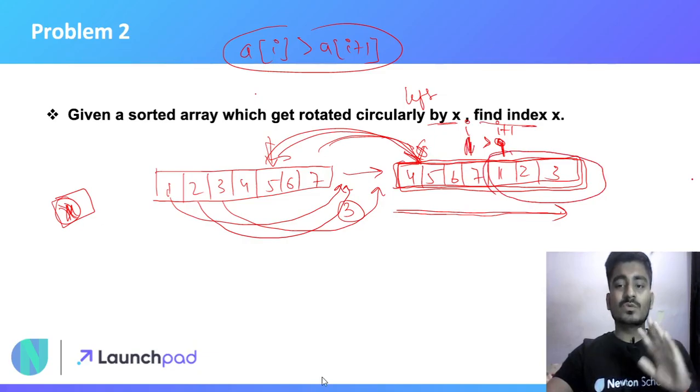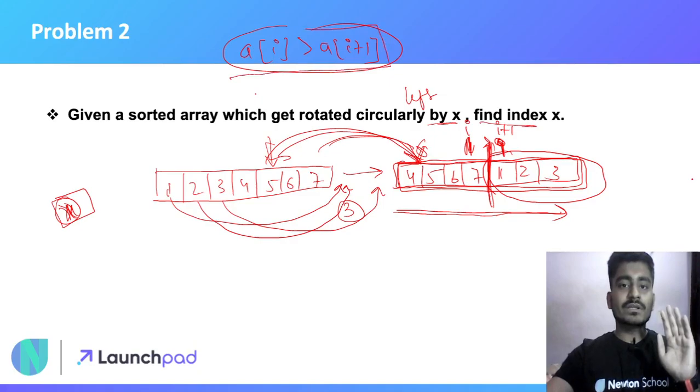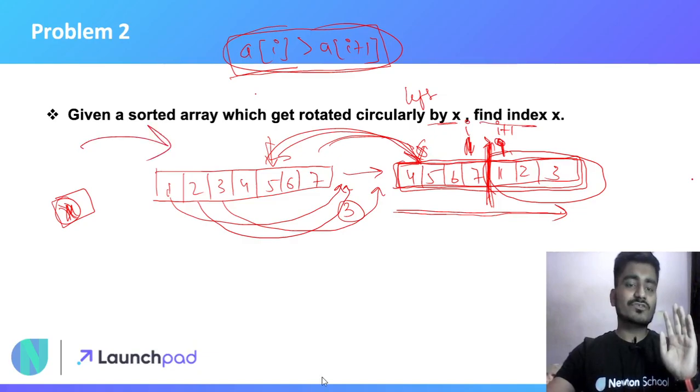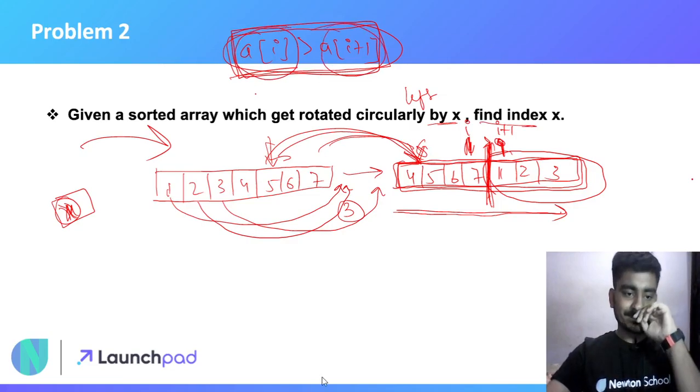So the main operation in this question is to find this index. Let's generalize: the question is to find the index in the array where a of i is greater than a of i plus 1.